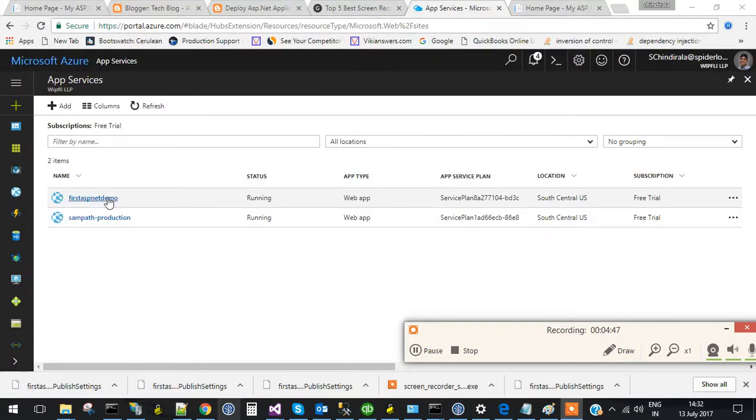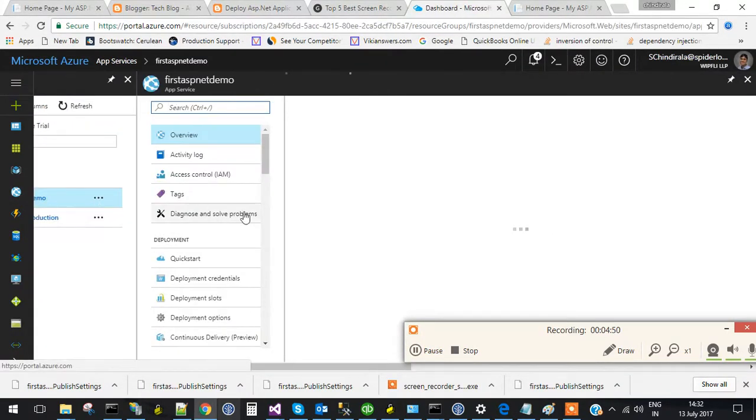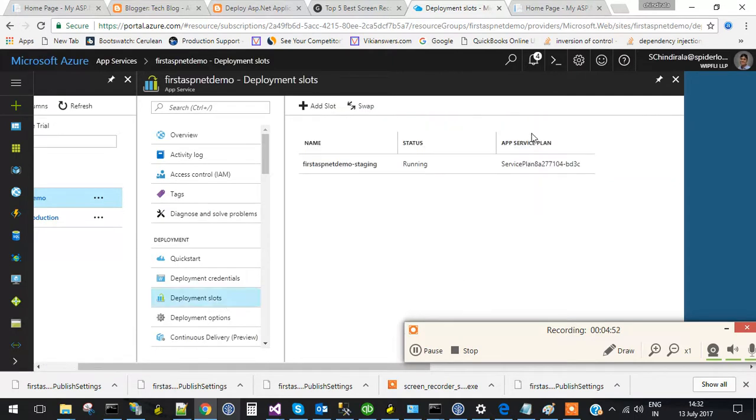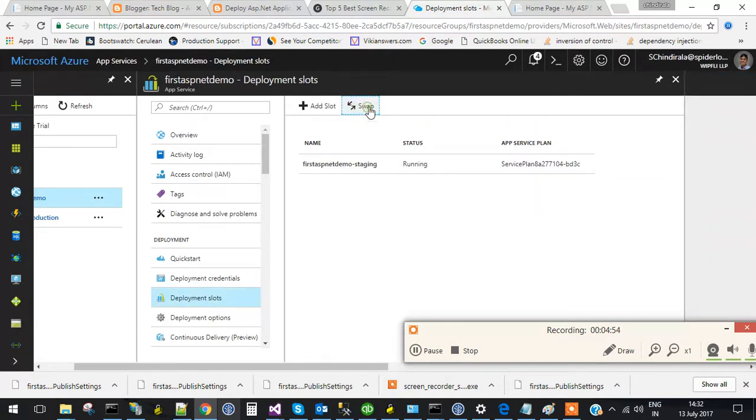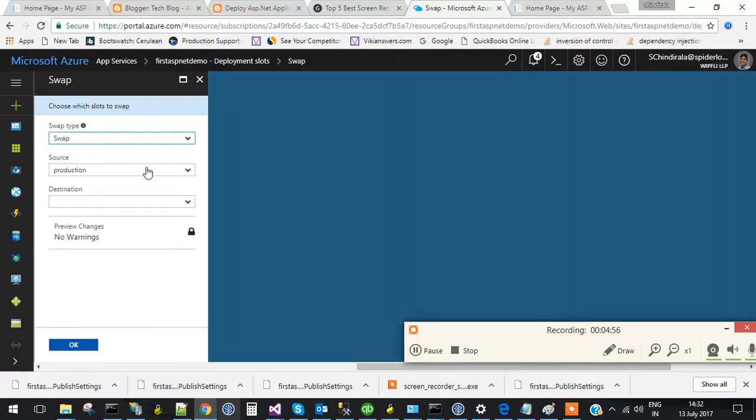If we go to app services, and then we need to click on this one, and we need to click on deployment slots, and we need to click on this swap. Here we need to select what source we want to swap. I want to swap staging to